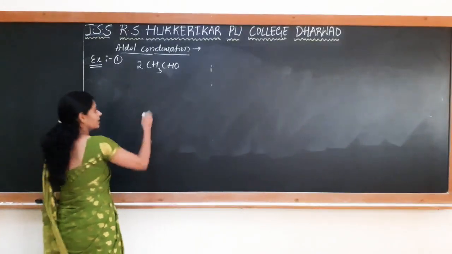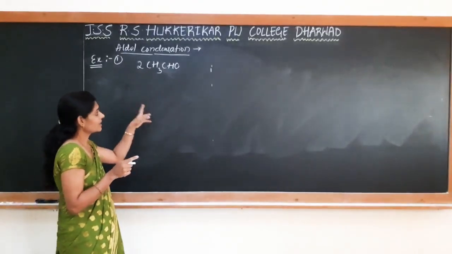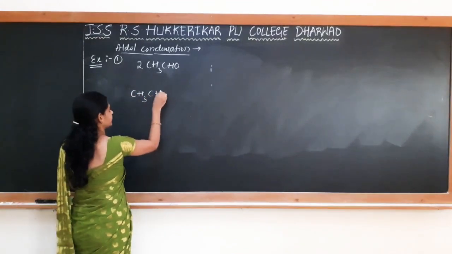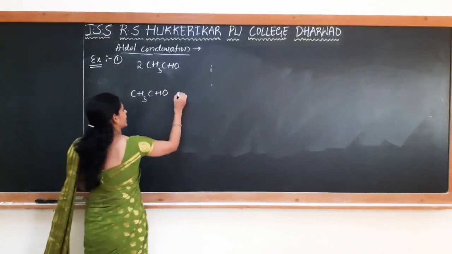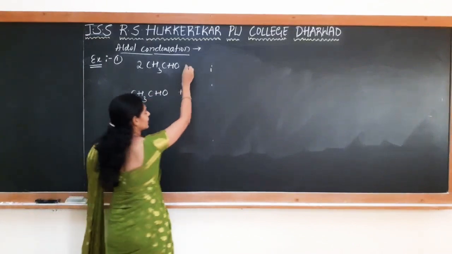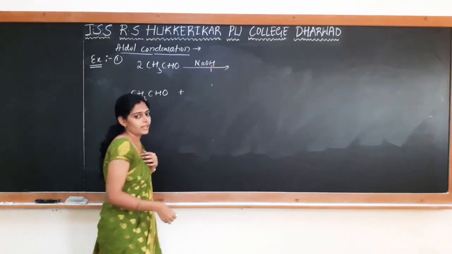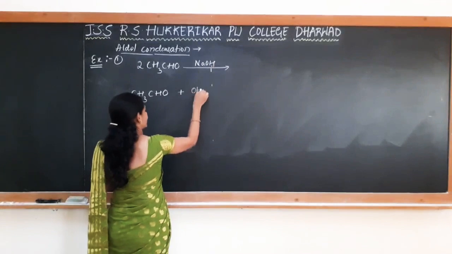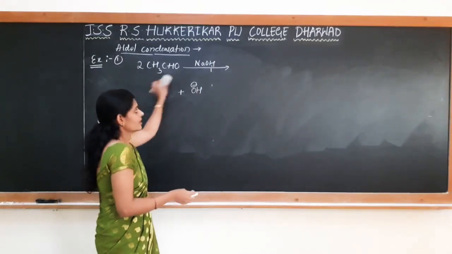So here how the reaction takes place, I will write one mechanism so that it will be easy to understand. See, there are two molecules of acetaldehyde or ethanol, right? In presence of a dilute alkali, the reaction takes place. So, this takes place in presence of dilute sodium hydroxide. So, what happens in presence of a base? There is an OH minus ion present in the base, right?